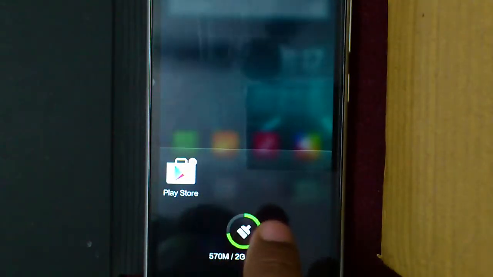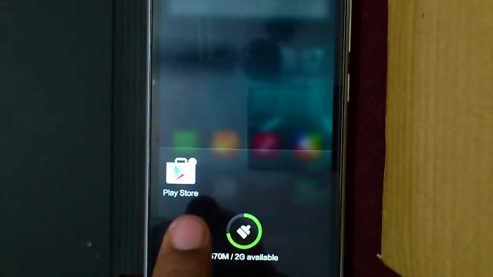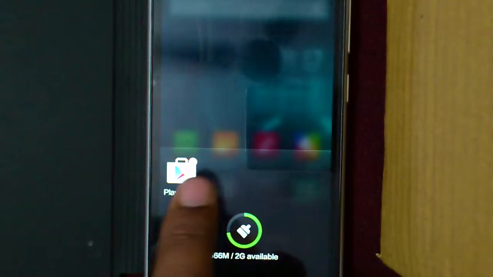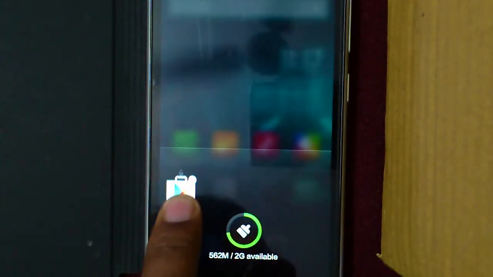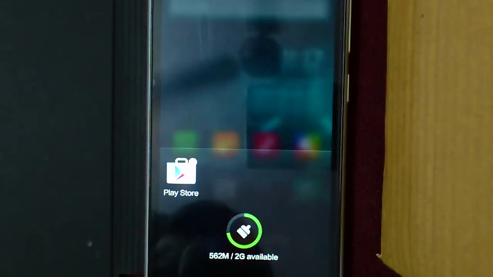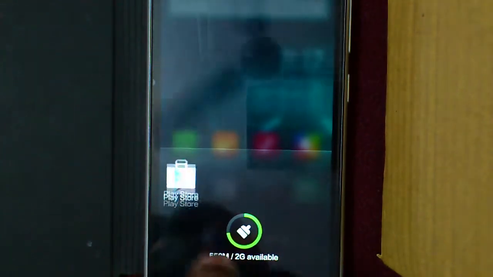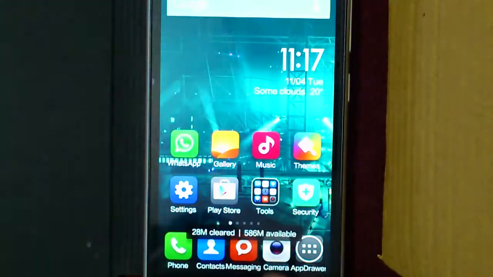You can see that when I clicked on the brush icon, all the running tasks closed except the Play Store. So that is because this Play Store task is actually locked. So you can unlock it by sliding it down, and if you want to lock it again, just slide it down again and release it. It is locked. So that is how I unlocked it again and then tapped on the brush icon. It is cleaned.